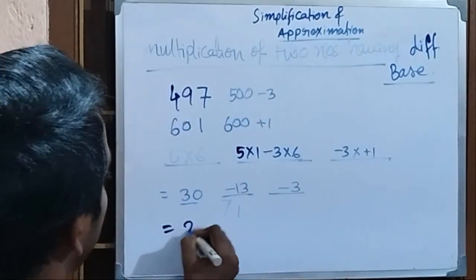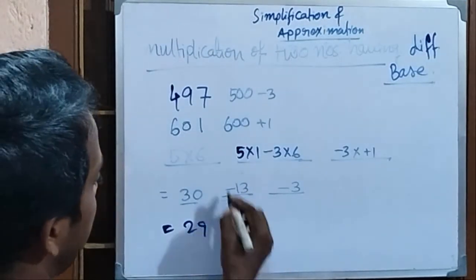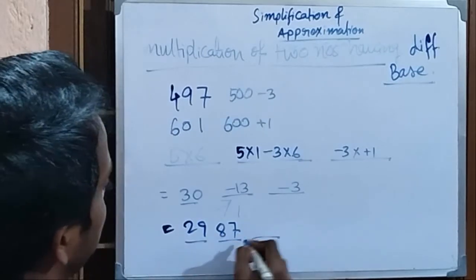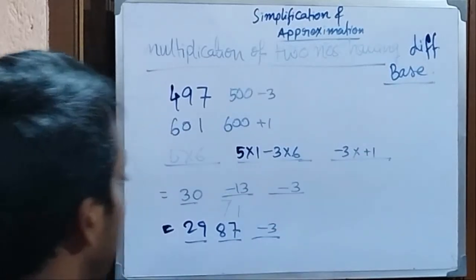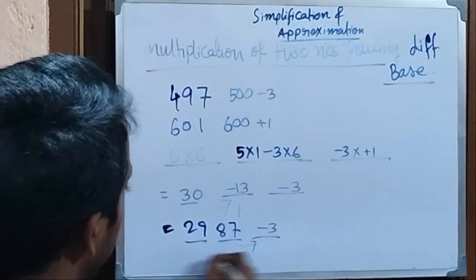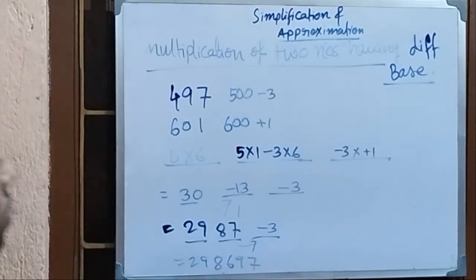So this would become 29, and 1 should carry forward to this part, so this part obviously becomes 100. This one carried forward to this part, so 100 minus 13 is 87, and this part is okay now, it comes positive, and this is minus 3. So now this minus 3 you can fix. How will you fix it? Take 1 from this part, so 2986, 1 goes here and 1 goes here, so 100 minus 3 is 97, right? Stuff is okay? Okay, good.